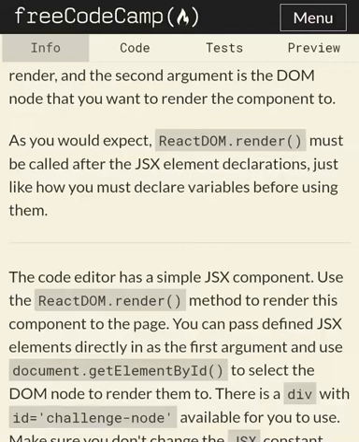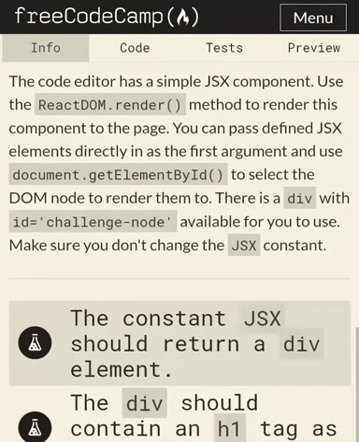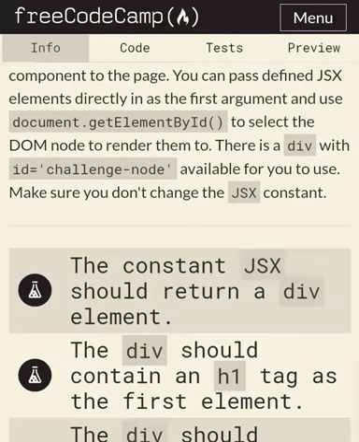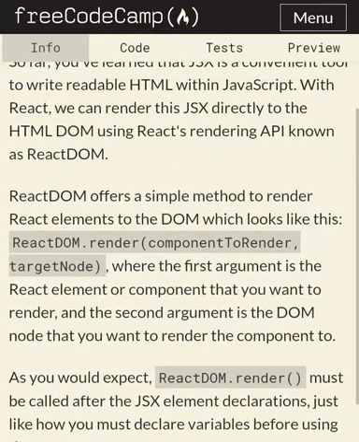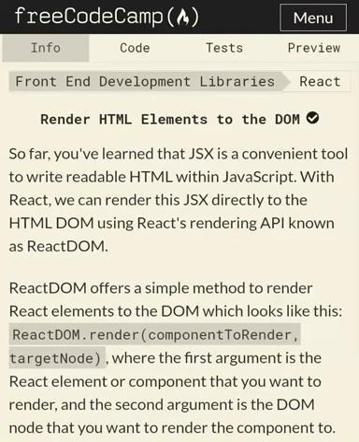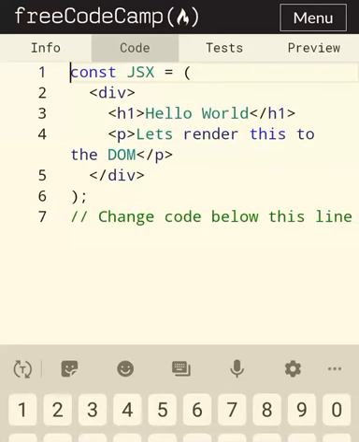Yeah, so that is already provided, and the component name is already supposed to be JSX, so everything is provided, the code is provided. The H1 tag is the first element which is provided. The P tag is the second element already provided. So after the prepared code which is already provided, all you need to do is to render it to the DOM by doing ReactDOM. And remember, when you're doing ReactDOM, it's all together without a space, and the React starts with a capital R. It's a very common mistake, and the DOM is all caps, so that's very important.